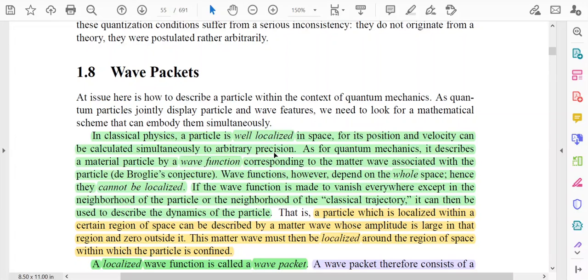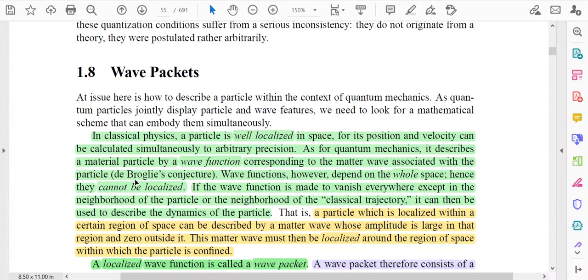If we know the values of the position and velocity, then we can define the dynamics of the particle with precision. However, quantum mechanics describes a material particle by a wave function corresponding to the matter wave associated